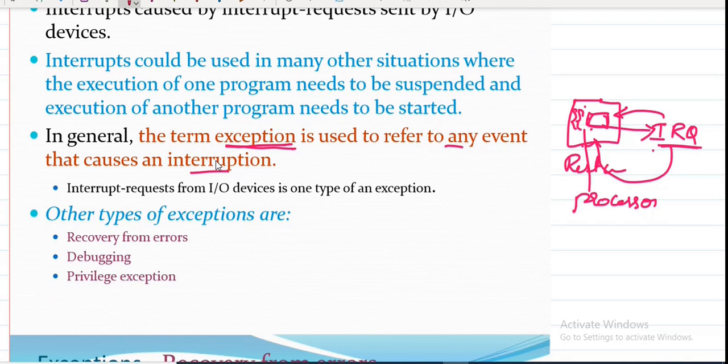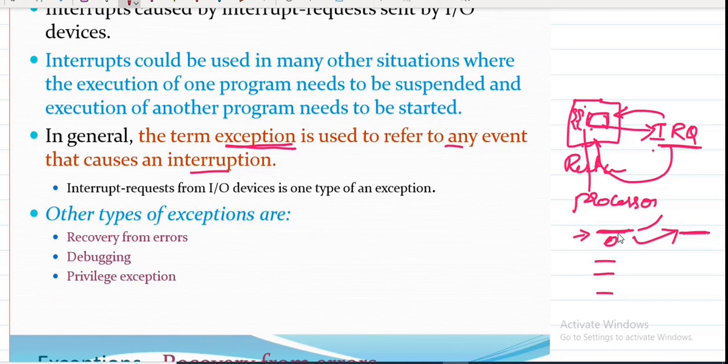Did you observe? Even if you have a sequence of lines followed by something divided by 0, and even if you have some set of lines below that, the execution of this particular event causes an interrupt. That means it is going to stop execution of this statement and come back to the program, and it will display that there is an abnormal termination of the program. So that is one example of exception.